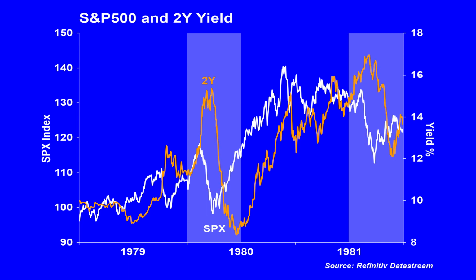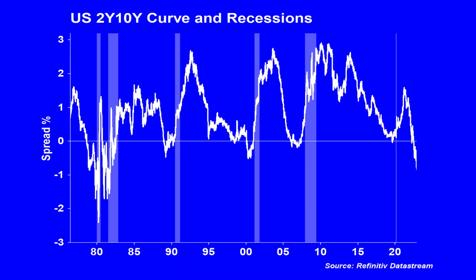So we have to be careful that we don't interpret the current environment like we did between 1985 and 2020, where in that period you saw two-year yields falling as interest rates were being cut before we got the rump of the equity market sell-off. That was the period of moderation when the Fed was supporting growth. This is a period where they are fighting price like they were in the late 70s and early 80s. So it could be a very different dynamic.